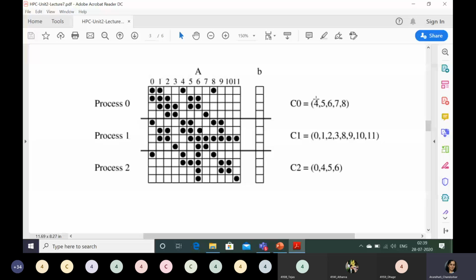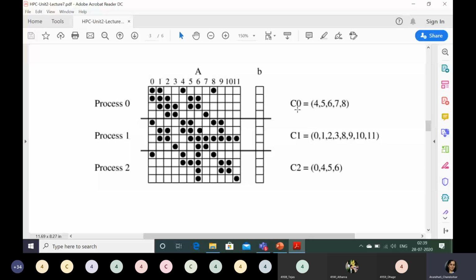So now some lists you can see here. At that time also we had seen some elements from the matrix and this column vector B. Some tasks will have to send and receive, is it not? Which elements will they have to receive? The elements which they don't own, is it not? And the elements which they own, they will have to send. Same thing is done. So these lists you can see here, students. Just focus on C0. This list you will also need if you go for this mapping.